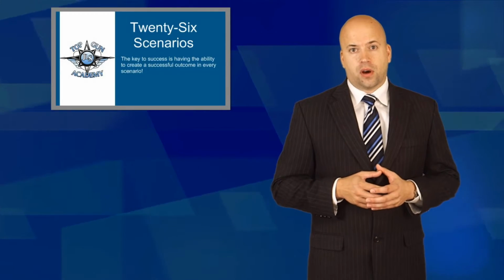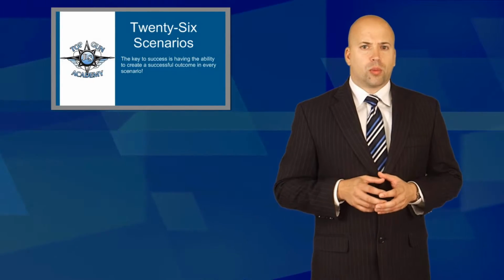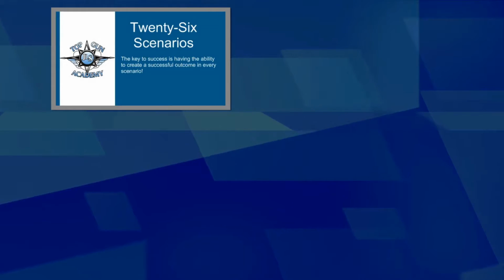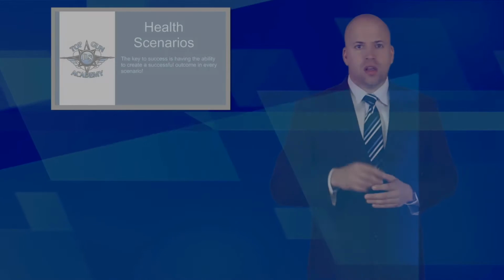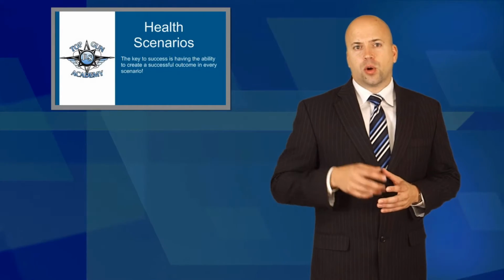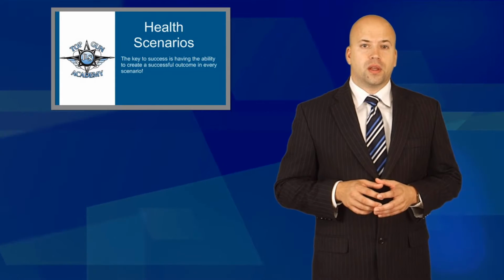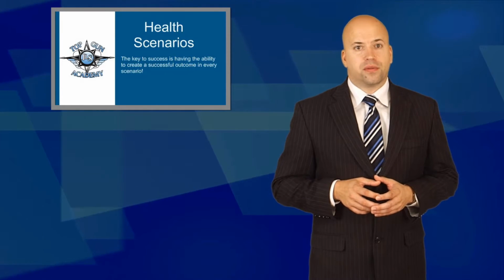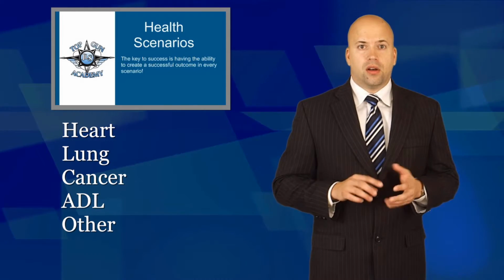The second set of cards is labeled as 26 scenarios. These cards incorporate income levels into the sales scenario. On the back of each card, they will be labeled as either high income, middle income, or low income. The third set of cards is labeled health scenarios. These cards incorporate the health situations where the person is considered unhealthy uninsurable. On the back of these cards, you will find 5 health affliction categories: heart, lung, cancer, ADL, and other, which